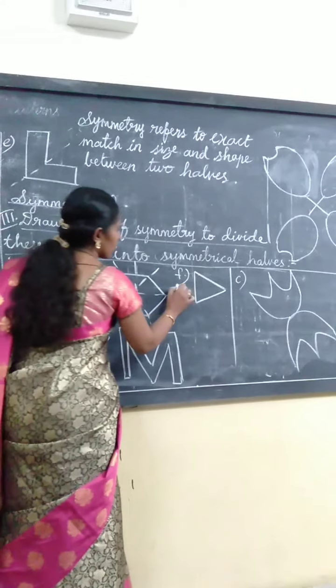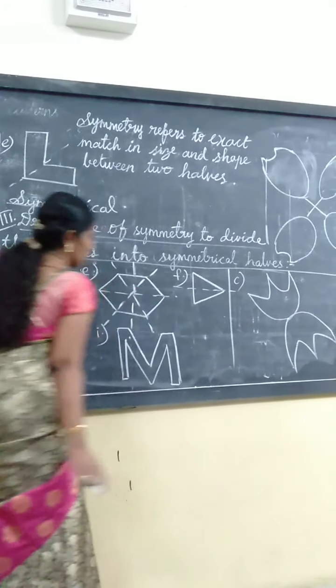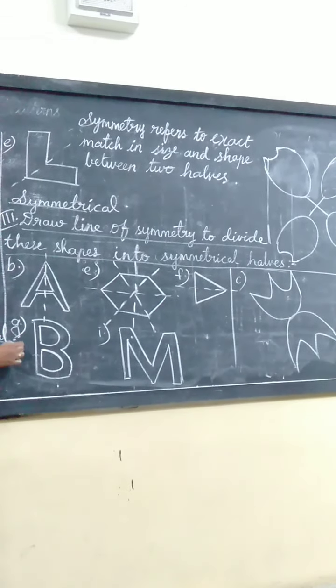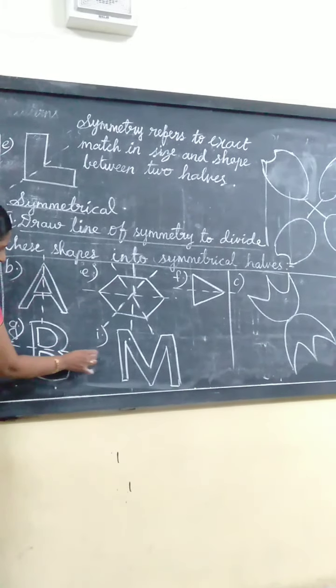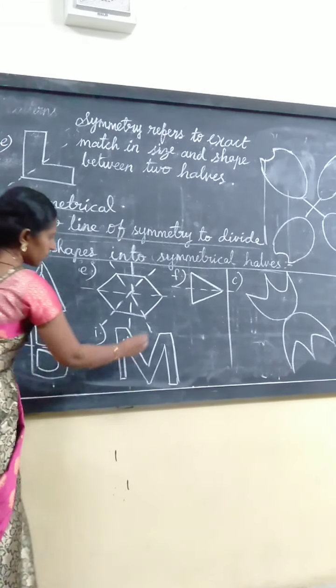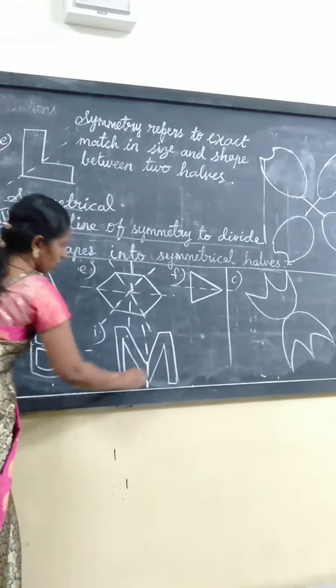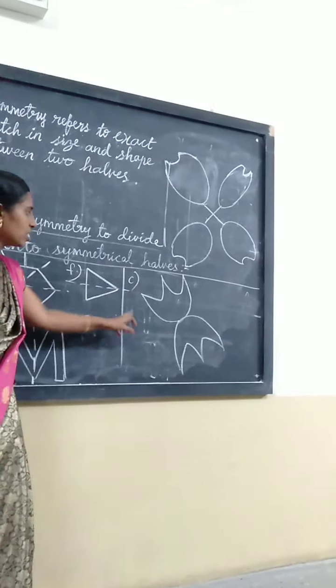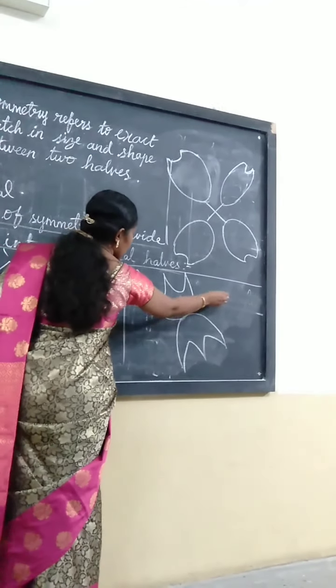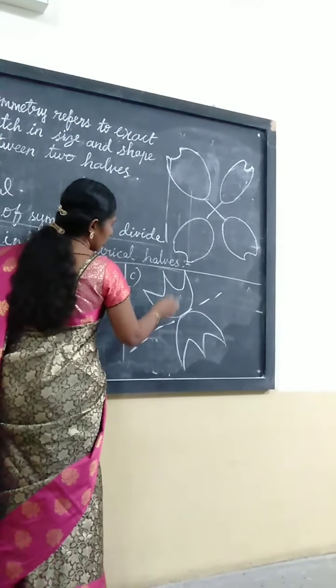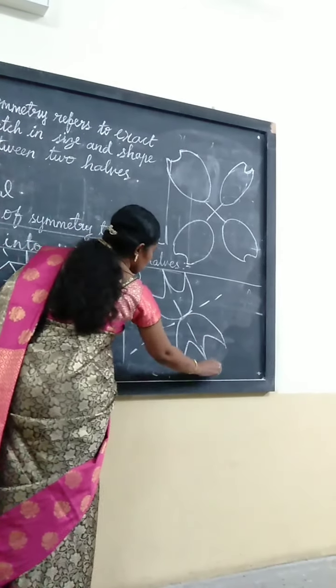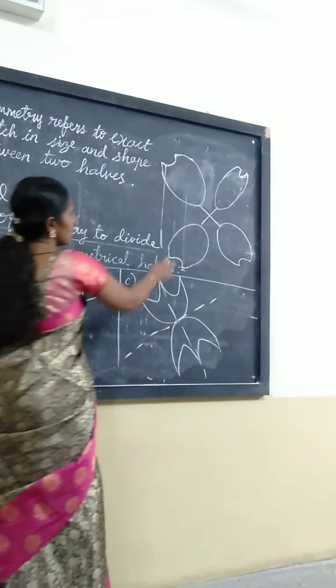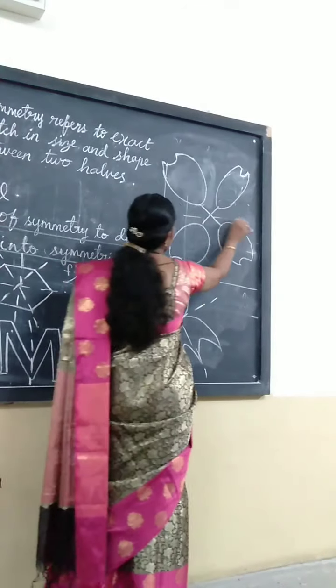See the F sum, you can draw only 1 line of symmetry here. See the G sum. For this also you can draw only 1 line of symmetry. See the I sum. Here also you can draw only 1 line of symmetry. See the Roman number 4 C sum. This is also the same as this. So how can you draw the line of symmetry? You can draw like this or you can draw like this also. So 2 lines of symmetry you can draw. See this sum, you can draw like this or like